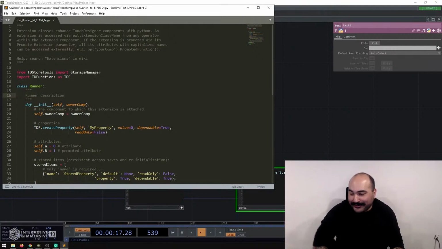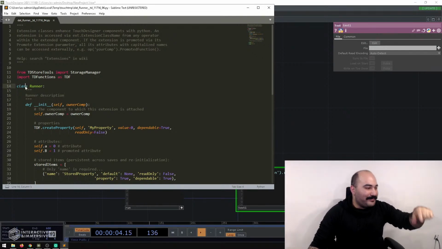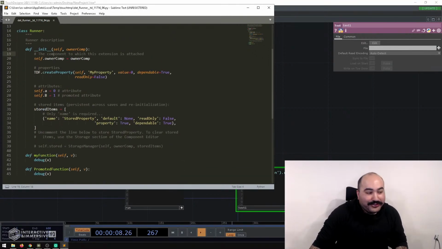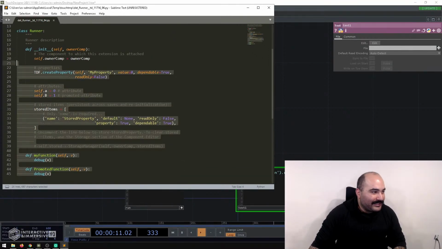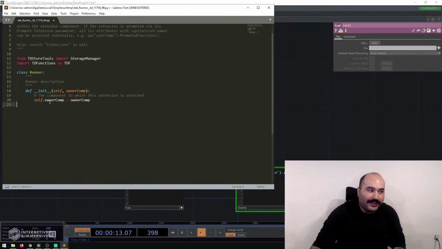Yeah, and as iBeefalone is saying, if you didn't know that there was a little thing there, you always typed everything in manually and made this script yourself, typed in class runner, set up your init. This is so much faster. So then usually what I do is I just come ahead here and basically delete everything except